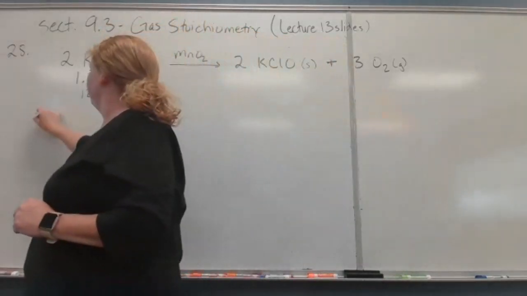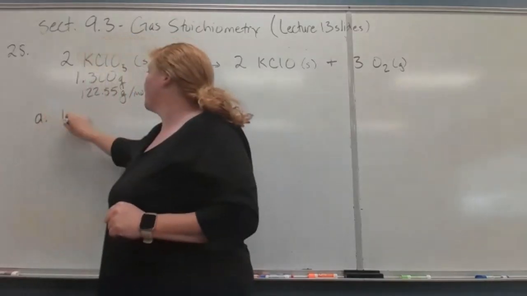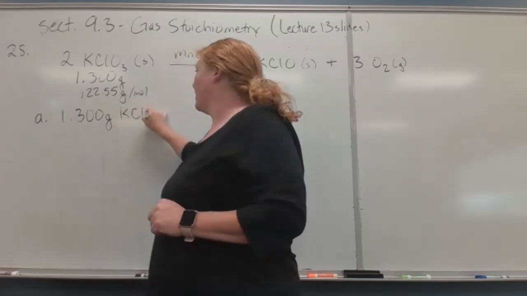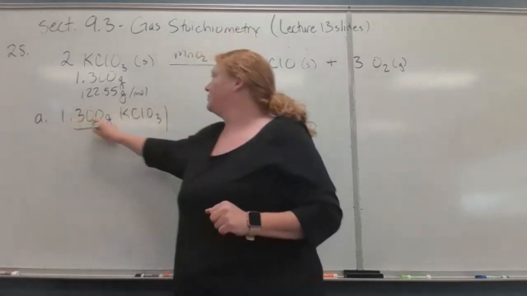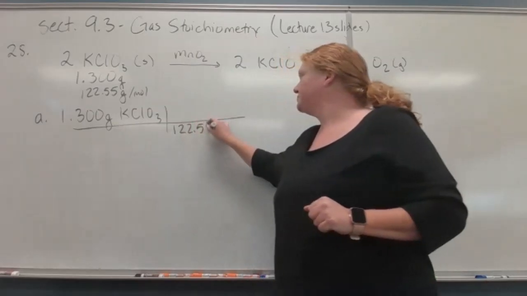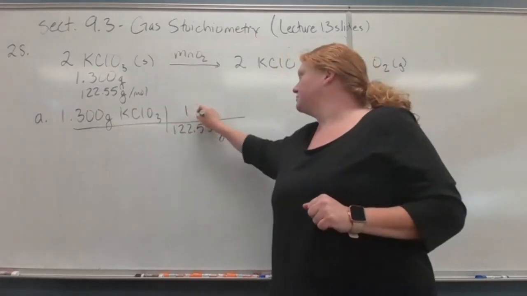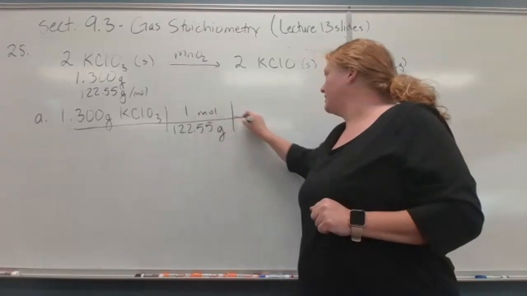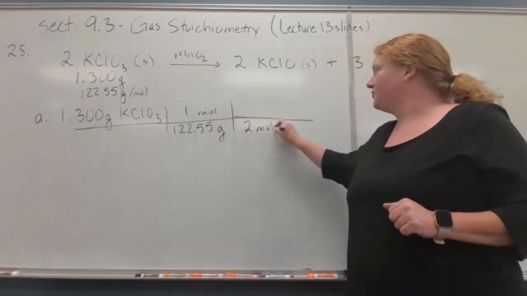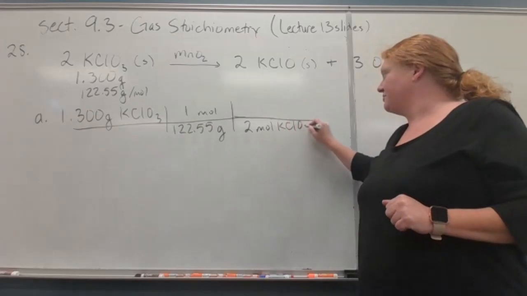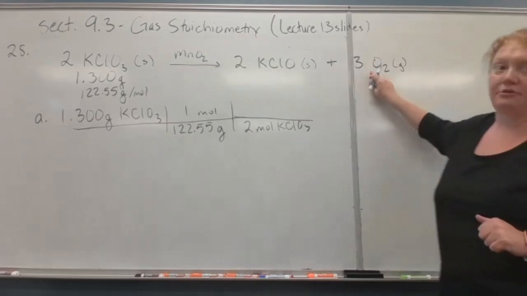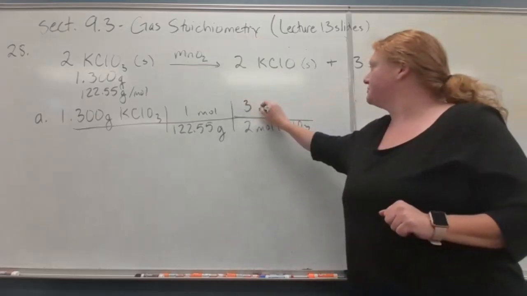So we're going to do part A. We're going to convert grams of potassium chlorate to moles. And then I'm going to convert moles of potassium chlorate using my mole ratio to 3 moles of oxygen